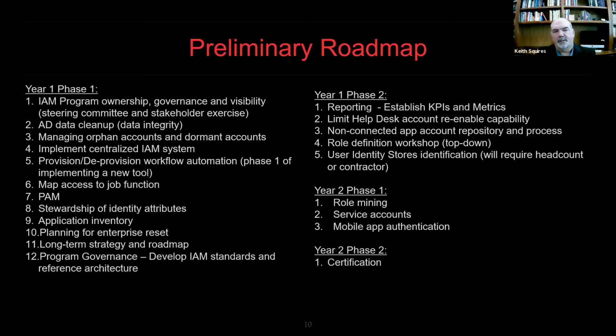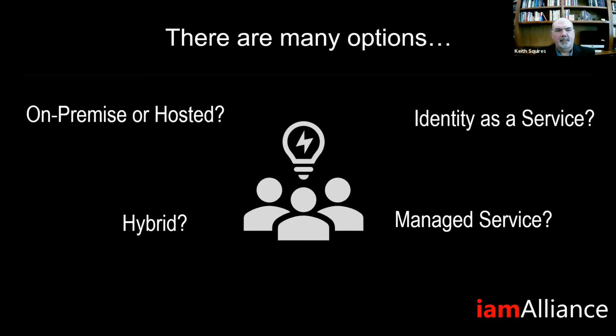And the key thing here is once you get this part in place, you've got to get down to key objectives, some of the detailed requirements, maybe get into some use cases. Make sure you know exactly what you're going to have to support with these solutions, which kind of takes us into the next step. And I'll just toss it to Vanita if you want to talk a little bit about some of these options